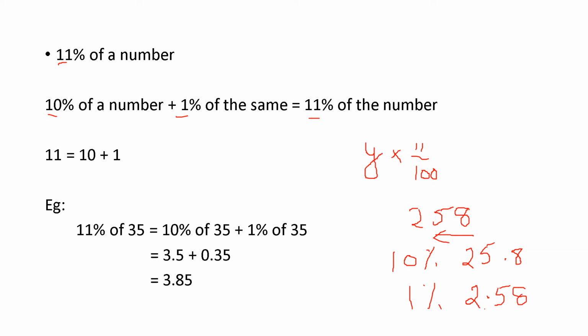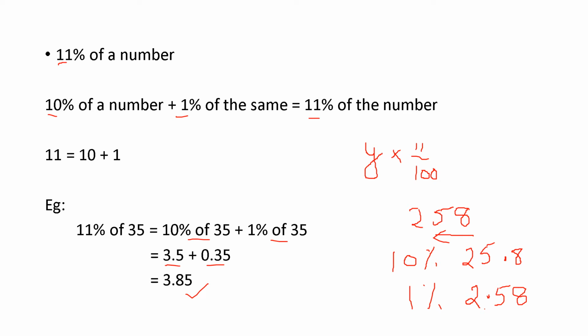Okay, 2.58. Okay. That is, if you're having the number, 10 percentage of the number means before the unit portion put the decimal. Okay. And 1 percentage means before the tens you put the point. Now 11 percentage of 35 is 10 percentage of 35 plus 1 percentage of 35. So 10 percentage of 35 is 3.5 plus 1 percentage of 35 is 0.35. Add them, you will get 11 percentage of 35. Very simple. Okay. Or else you have to sit and do the calculation and all.